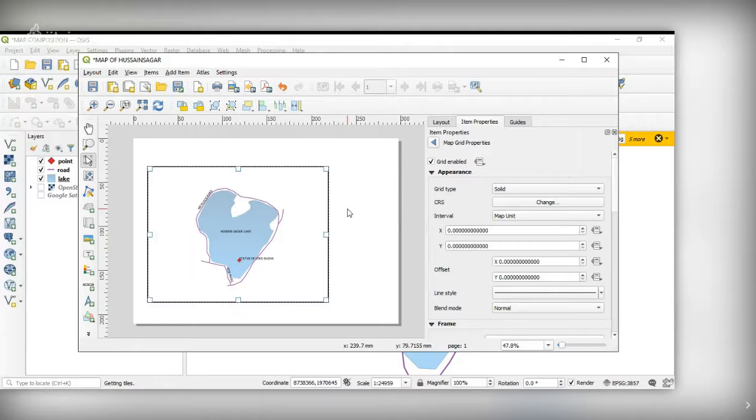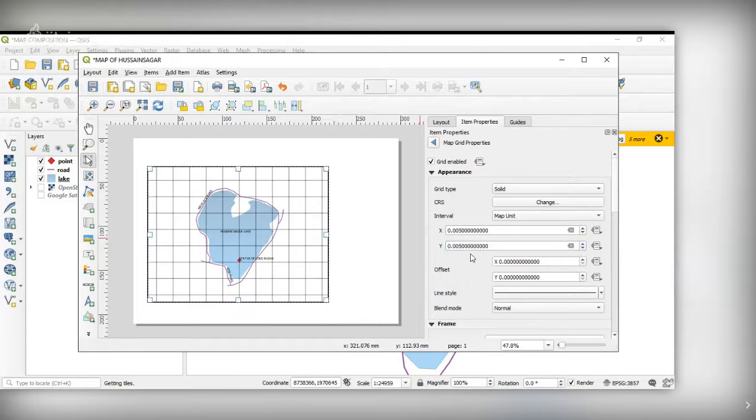Suppose you want these coordinates labeled on the map at a distance of maybe 500 meters, then 500 meters divided by 100 kilometers, approximately gives 0.005. So every 500 meters interval you have a grid. Okay.